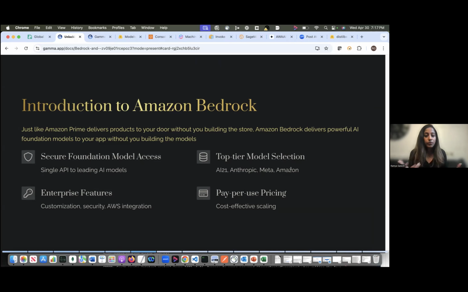You have the same pay-per-use pricing which the cloud offers. And Bedrock is basically you can just spin up an application in days rather than months. So that's how fast you can get an AI application out there. So this is being used by many. It was just introduced in 2023, and it came into vast prominence in 2024. So it's fairly new. And let me go to the next slide.